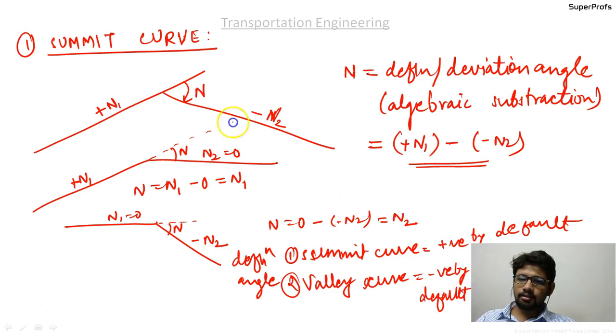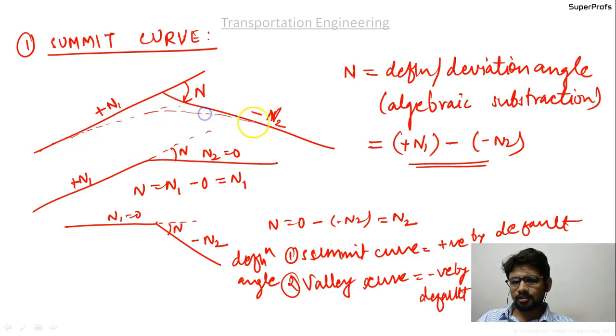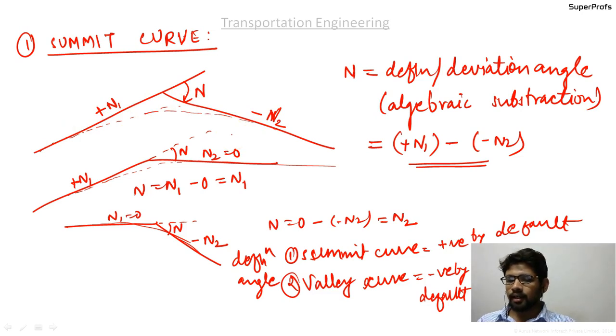So what I am showing is just the gradient, but the actual curve will be of this kind, somewhere like this. I have shown you the gradients just to calculate the angle of deflection. In this case also the curve will be flat earlier and then it gets deflected downwards. I have shown you how to calculate the deflection using n1 and n2, the initial gradient and the final gradient.